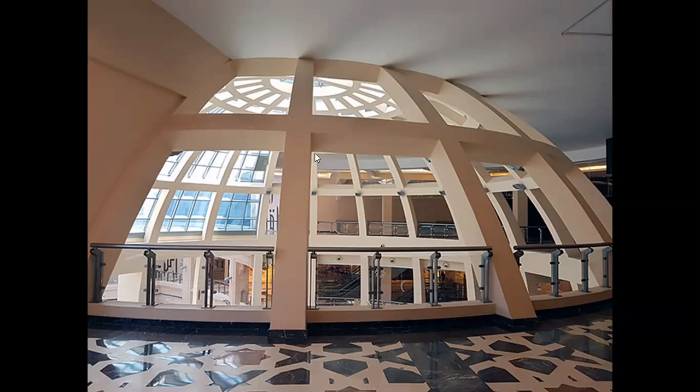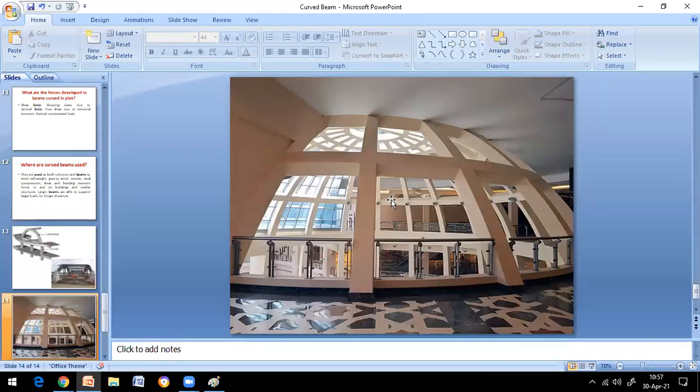Right? So this is where the column can also be used as a curved column. Clear? So this is an introduction to the curved beam. I think now you all understood what a curved beam means, where they are applicable, how they are supposed to be designed, and what forces act in the curved beam. These are the important information you have to know before knowing its applications.